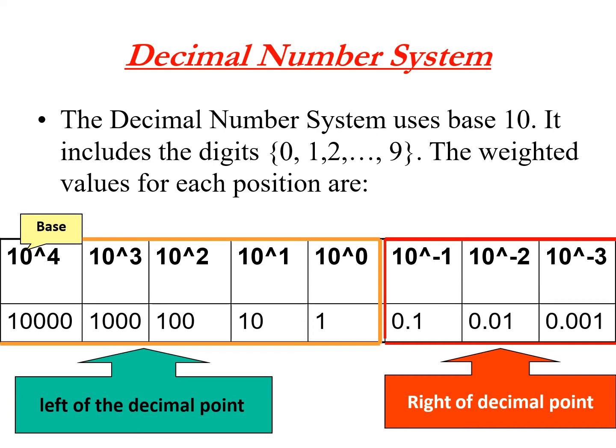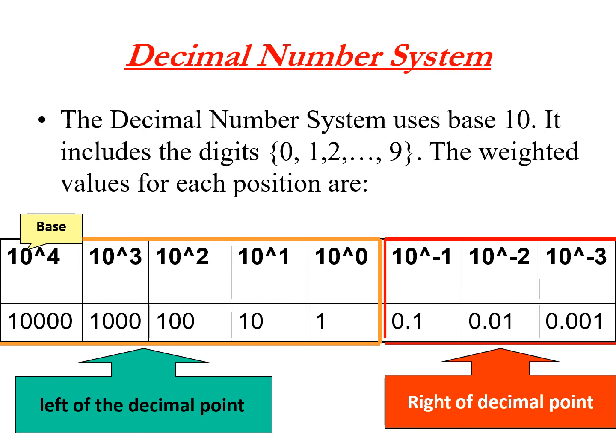Positional number systems are the decimal number system, binary number system, octal number system, and hexadecimal number system. We will discuss each one by one. Firstly, the decimal number system. The decimal number system is very popular among all number systems because we use it every day. It is a positional number system used in our day-to-day life. It has 10 symbols or digits from 0 to 9: 0, 1, 2, 3, 4, 5, 6, 7, 8, 9. Its base is 10.